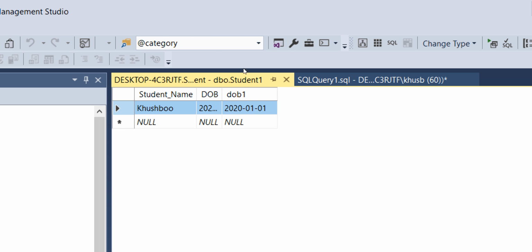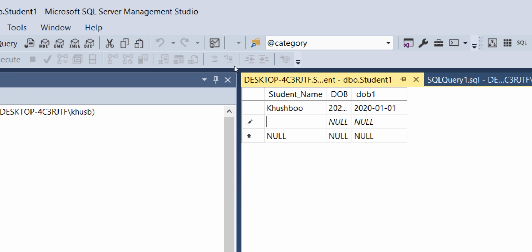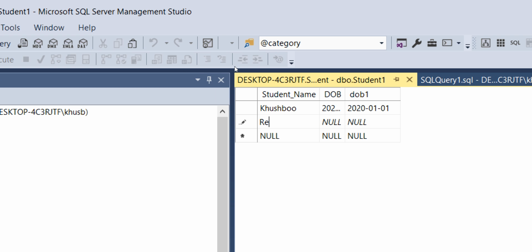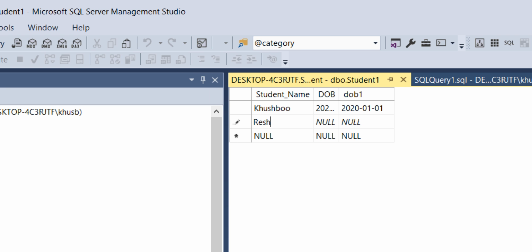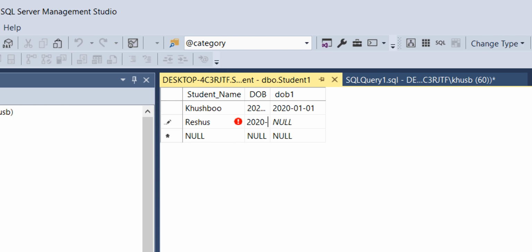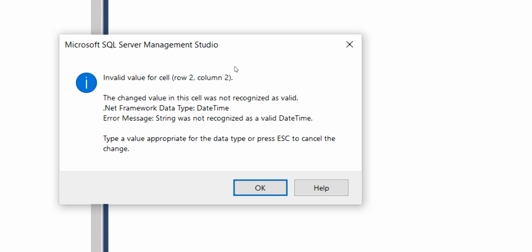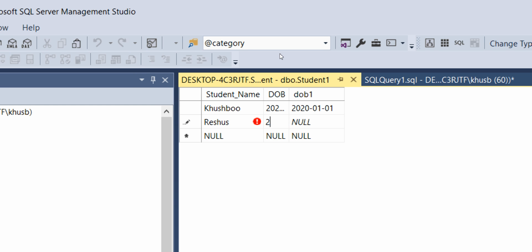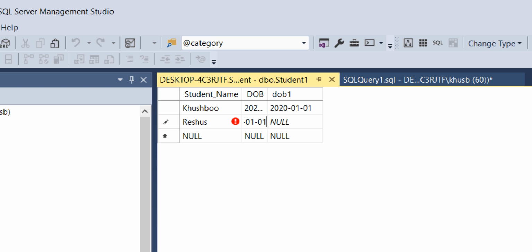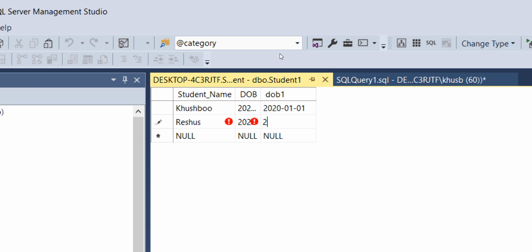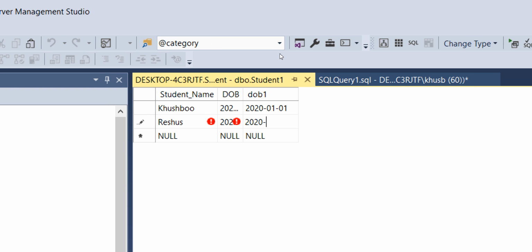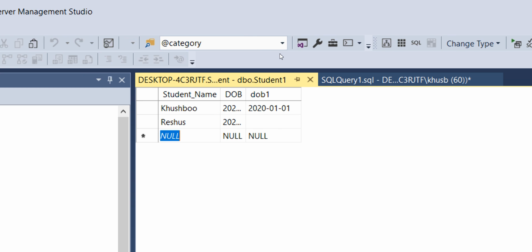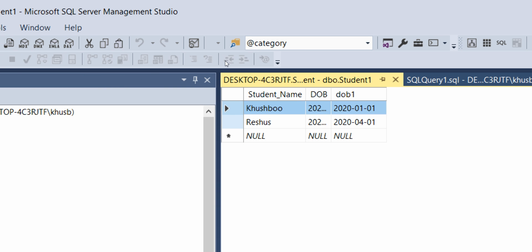This is how you can add more data. So currently we have two records in our student table.